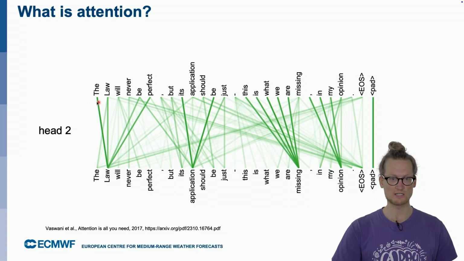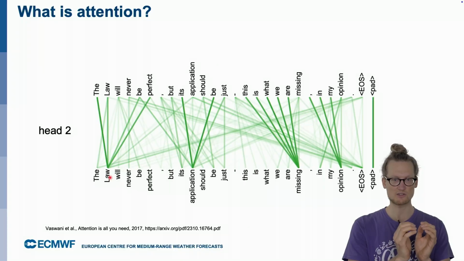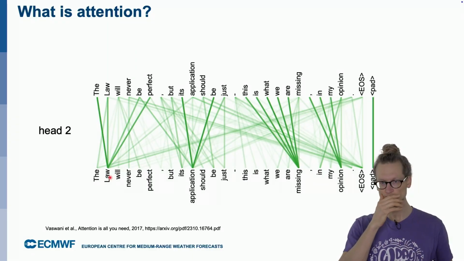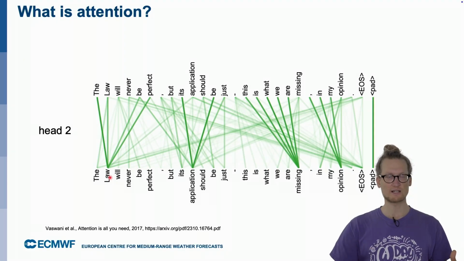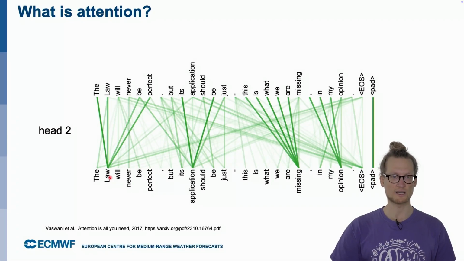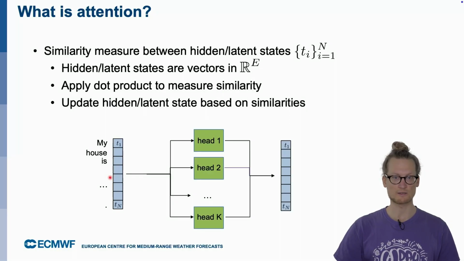And then we can also see, okay, if our model now inspects "law", how much would it attend to all the other tokens, all the other words in the sentence, when it is at the stage of updating the token of "law". And with this kind of multi-head procedure, we have a versatile and pretty powerful mechanism that can be applied very versatilely, as I mentioned.